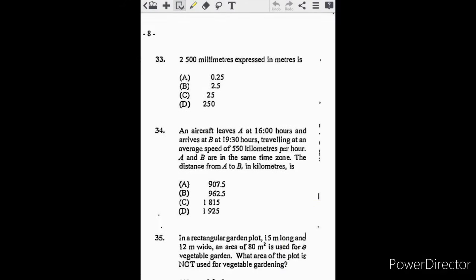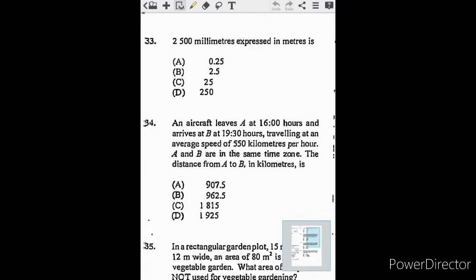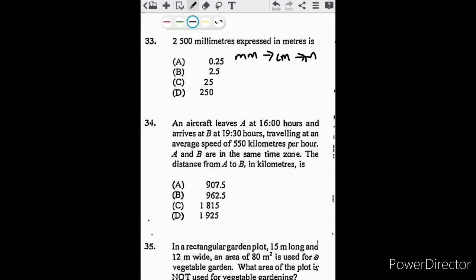Next question, 33. So we have 12,500 millimeters expressed in meters. Our units start from millimeters to centimeters to meters. From millimeters to centimeters, it's a difference of 10, and then centimeters to meters is 100. Dependent on which direction, if we're going from smaller to larger, we'd either multiply or divide. If we're going from millimeters to meters, or smaller to larger, we divide, and from a larger to a smaller,